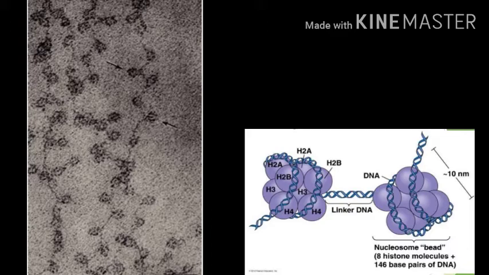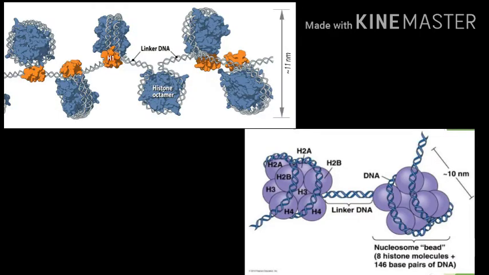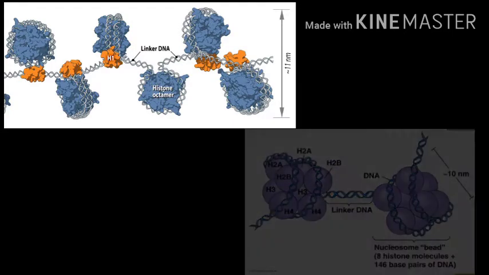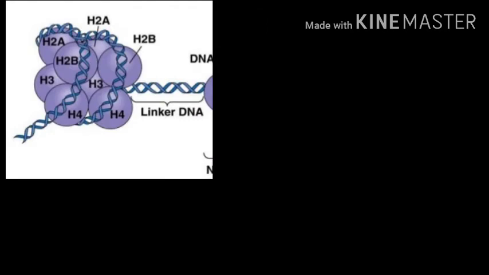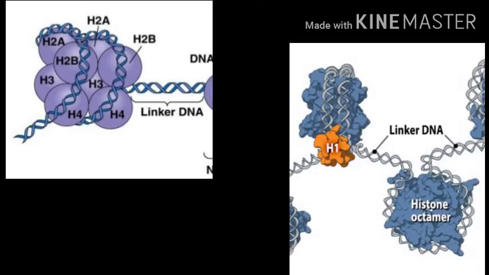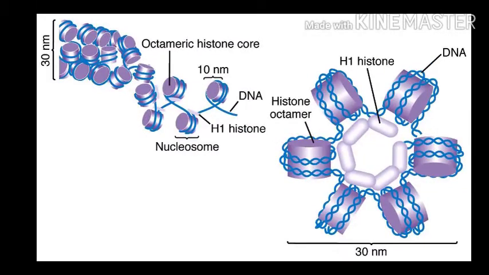The resultant structure is called a nucleosome. It contains 1 and 3/4 turns or coils of DNA, which is approximately 140 base pairs of nucleotides. But along with it, the linker DNA is around 200 base pairs. Histone is actually an octamer core around which the DNA wraps itself, and another H1 histone subunit which binds outside. The H1 is called a linker histone as it binds with the linker DNA, but it has an affinity